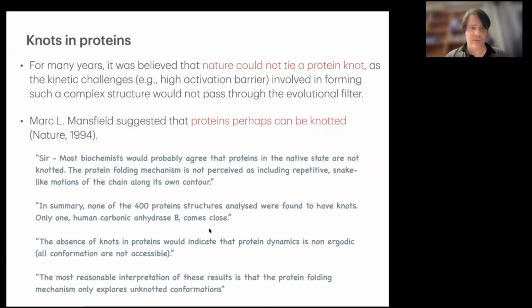Let's go now to knots in proteins. For many years it was believed that nature could not tie a protein because of these kinetic challenges, especially the high activation barriers it has to pass through when going through the energy landscape. There would be a high activation barrier for such a complex structure, and it would not pass through the evolutionary filter. And then Mansfield in 1994 suggested that proteins perhaps can be knotted, and he found a candidate of a protein which he suspected